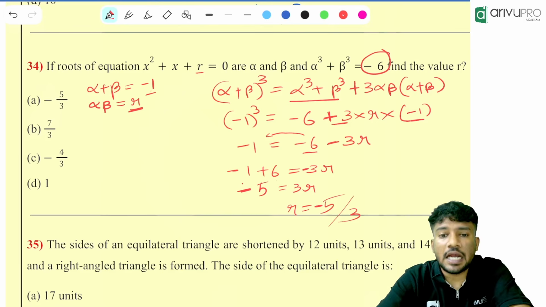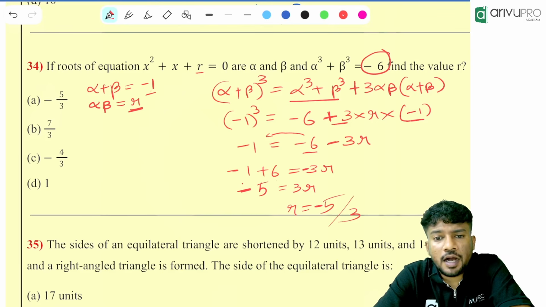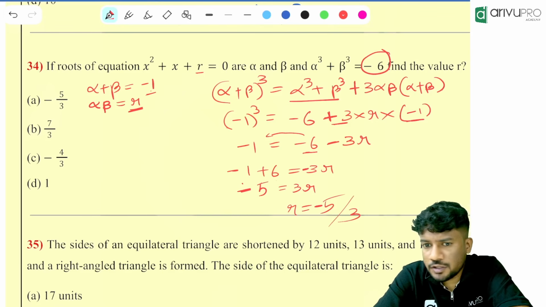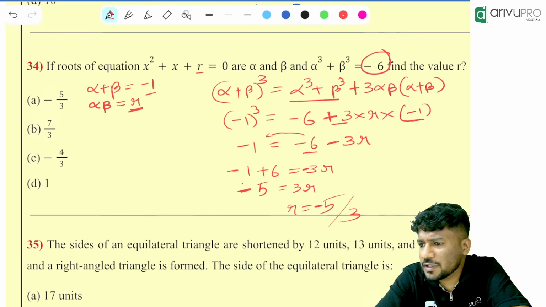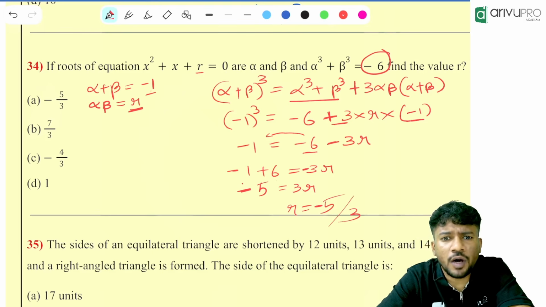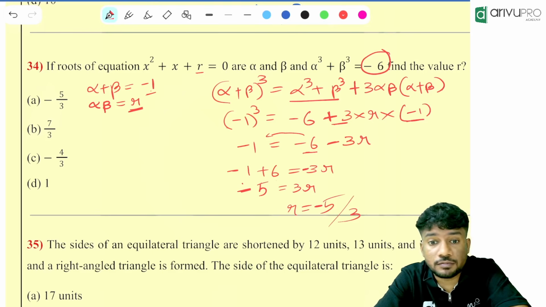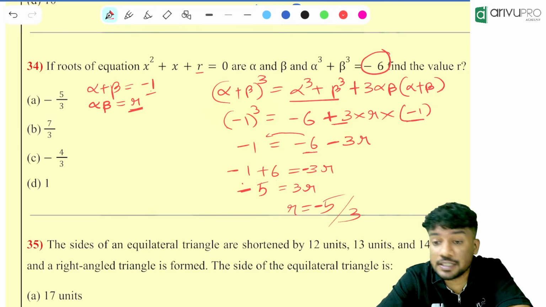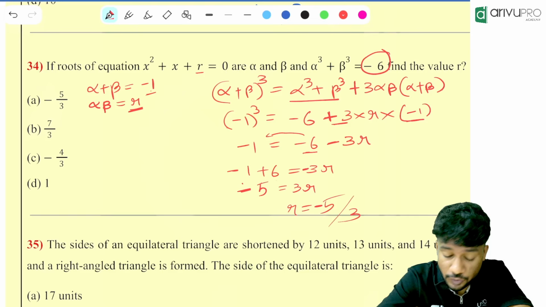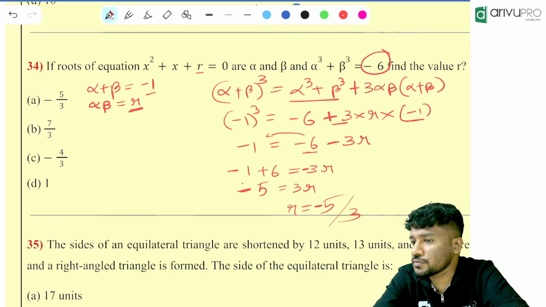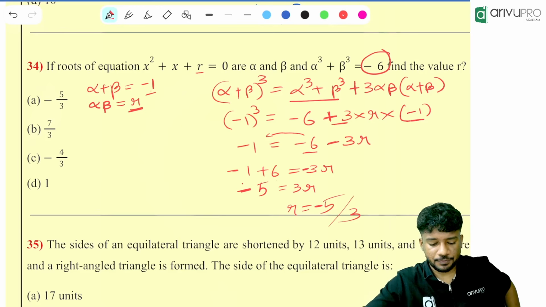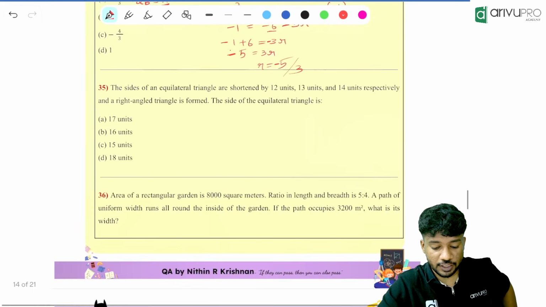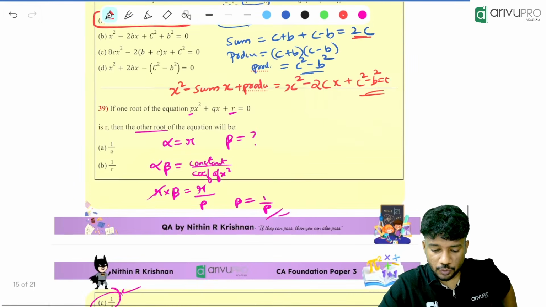Okay. Done, people? Understood this? So if you get a question like this, will you be able to solve it? Whatever may be the question, you will be able to solve it if you know the basic formula, the basic identity from your school level. If you know, you are going for the answer. Done now? Can we go for the next one, people? Everyone, are you ready for the next question? The next question is